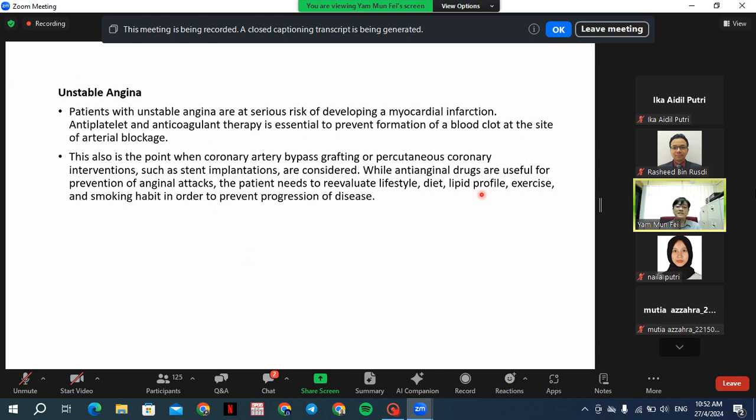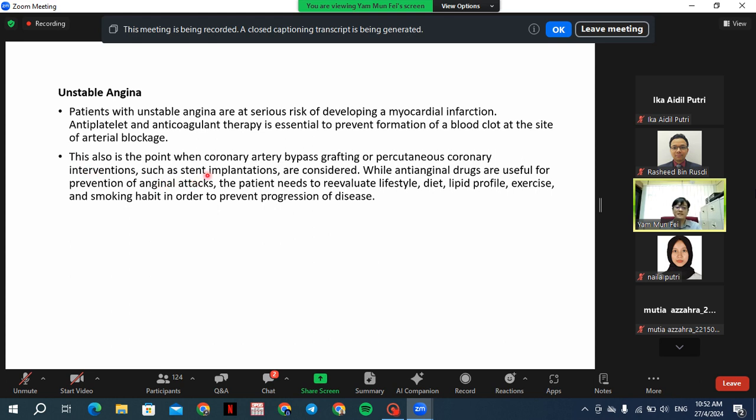So for unstable angina, you need to have nitrate, antiplatelet, anticoagulation, or vasodilator combination treatment in order to prevent the condition from getting worse. Once the condition is stable, then you can consider further treatment such as bypass and also angioplasty surgery. Okay,